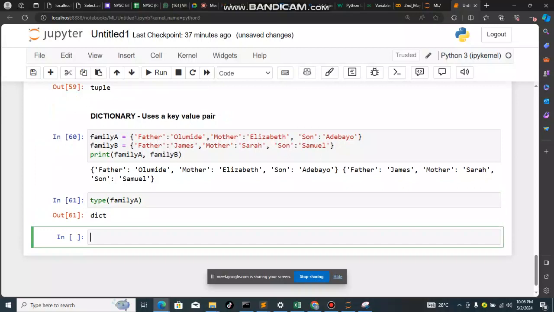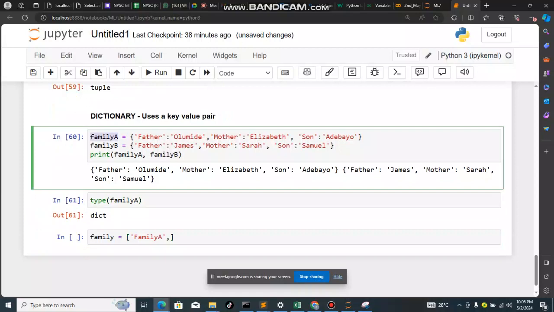How do I do this? It's very simple. I want to wrap all these families together as just family. So family A has all the values called